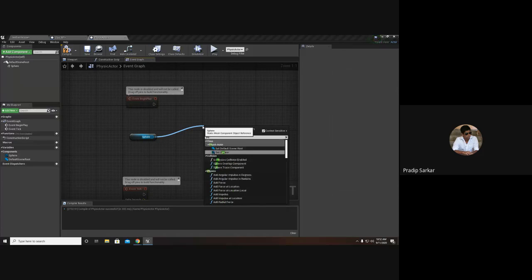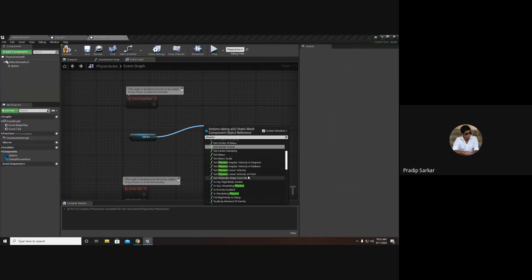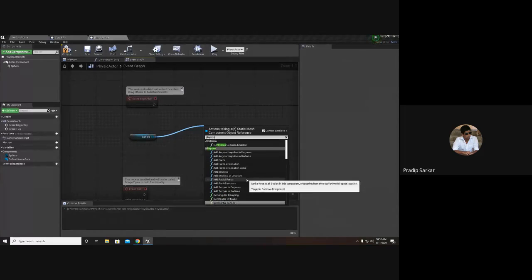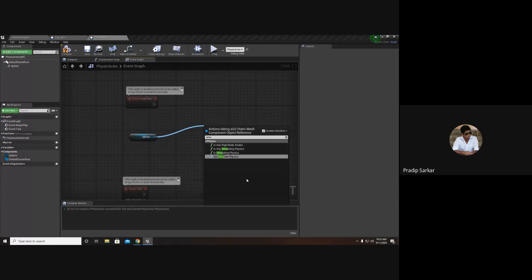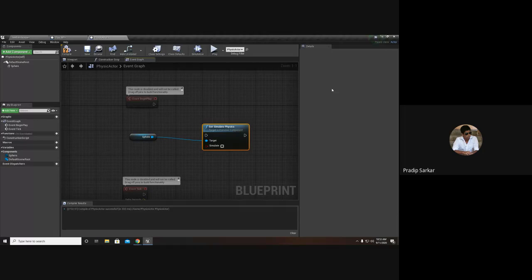So if I type physics, there is an option called set simulate physics. This is a simple Boolean. If it is on, it will start simulating the physics. If it is off, it will stop the physics. So if I hit compile,